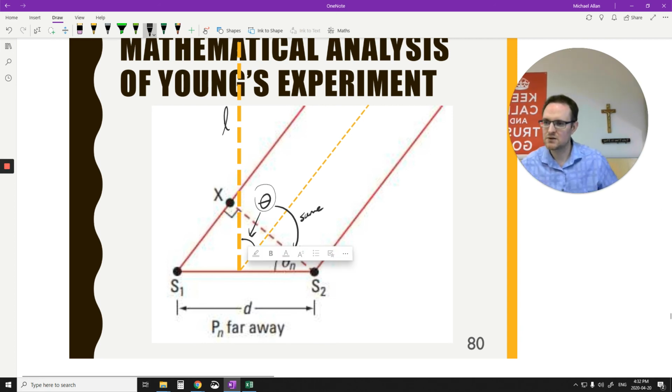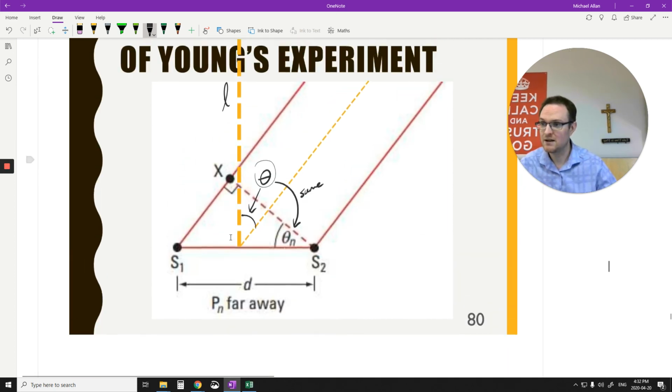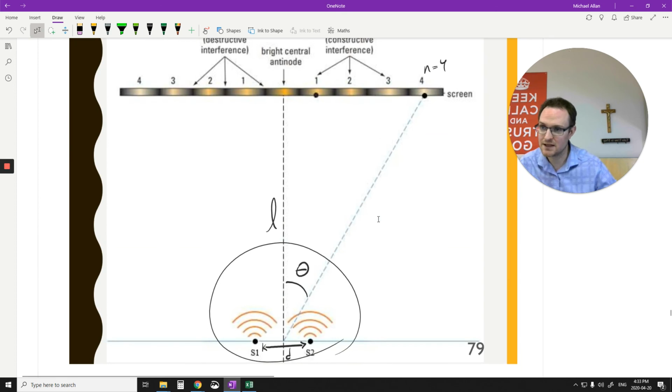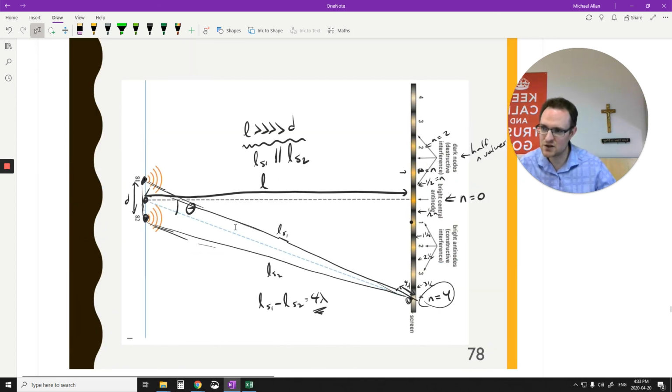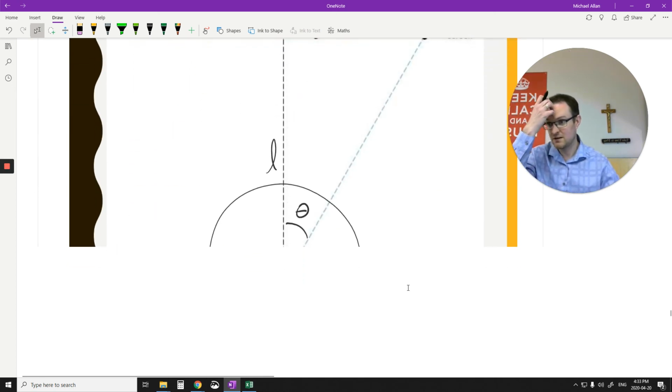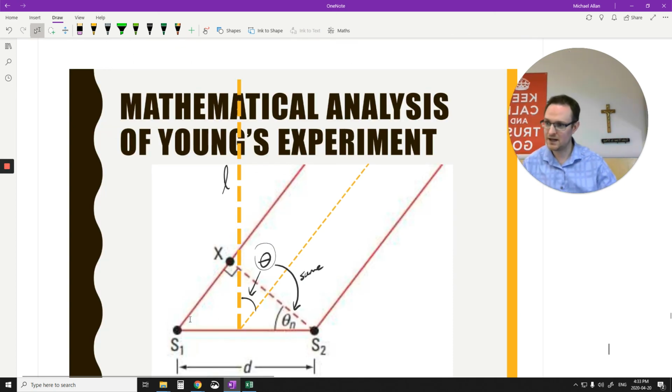Okay, so those two angles happen to be the same thing. That's good. What we set up here before is that for this to be the fourth bright spot, if I subtract the two lengths of these lines, they need to be 4 wavelengths different from each other to be the fourth bright spot. So if those two lines here, this line here that's kind of going off, this red line,